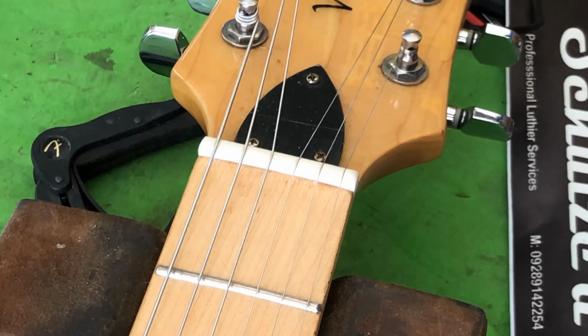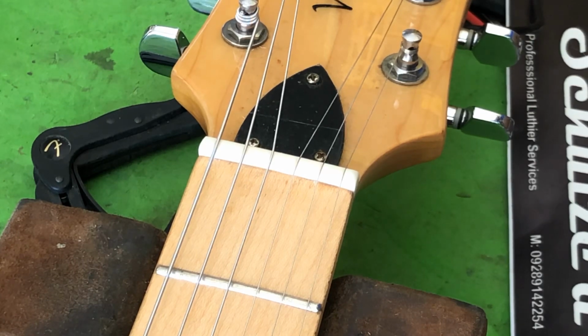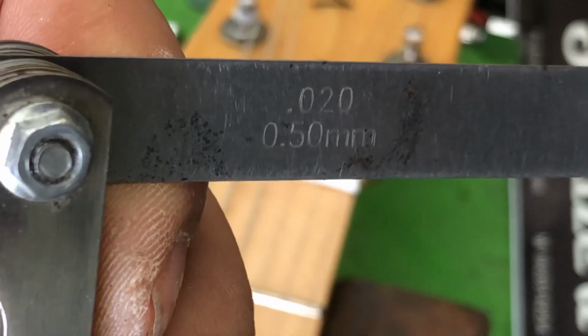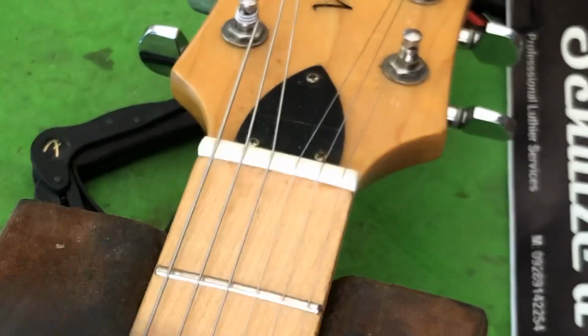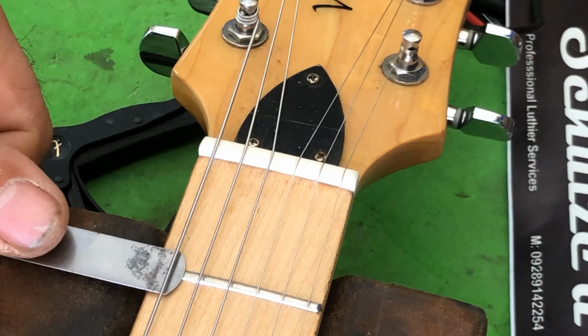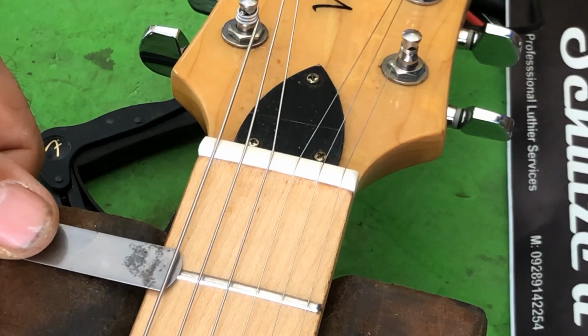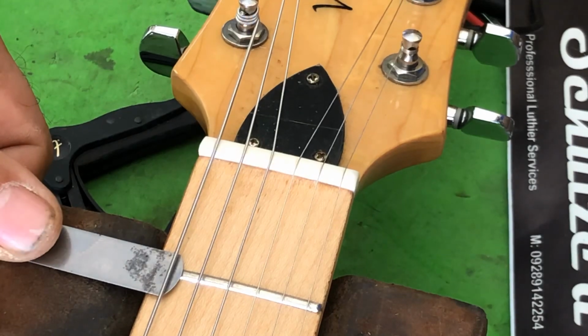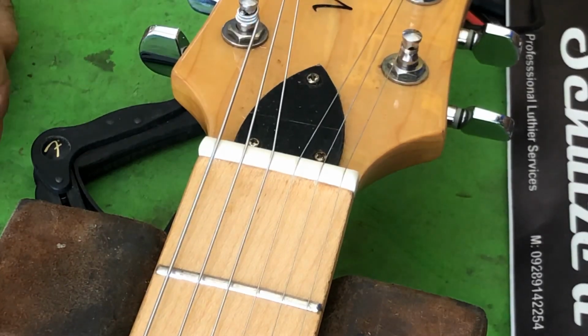And what we are looking for is 20 thousandths between the first fret and the bottom of the string. So we take a, come on, focus, 20 thousandths or 0.50 millimeter, which is 20 thousandths of an inch. Goes right there, and right now it's got lots of play. It's got to just barely touch the top of that fret and the bottom of the string without raising the string. When it does that, it's the perfect height. You can go down to 18 thousandths. I find that causes people problems early on